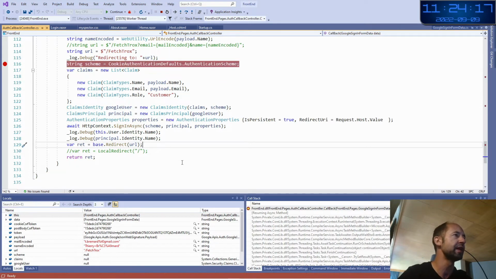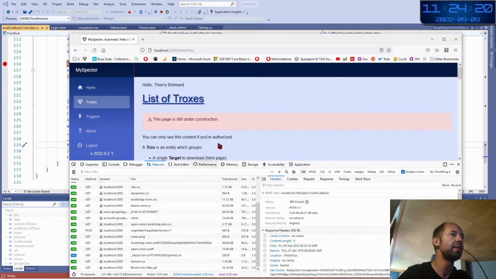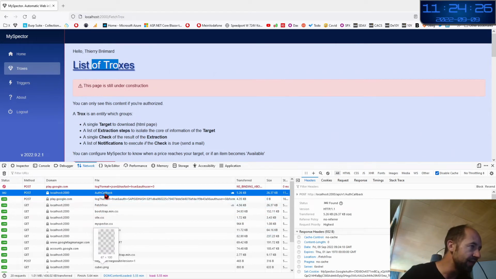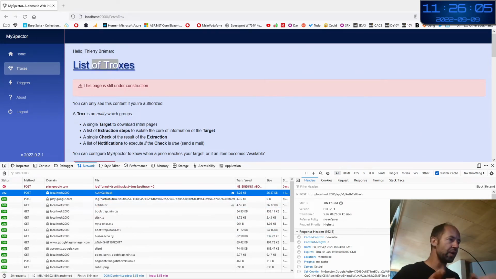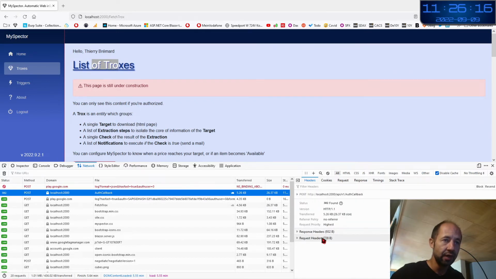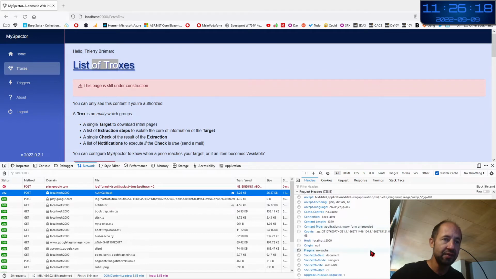So I press F5 and bam, I am redirected to all the trucks. And let's say here, we have the callback that Firefox now dumps with all the parameters on the response. So you see headers, request headers, what has been sent by Google.